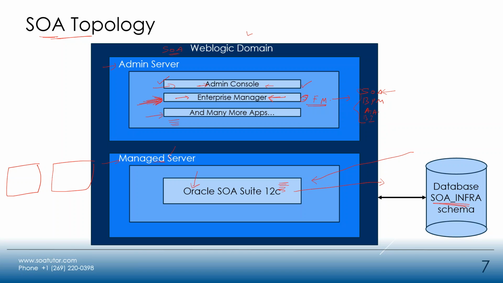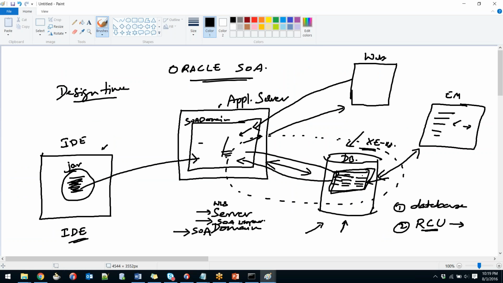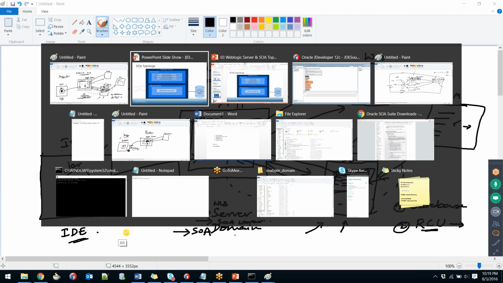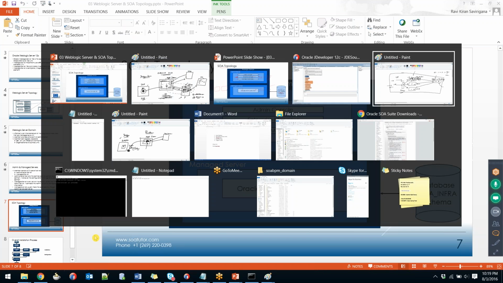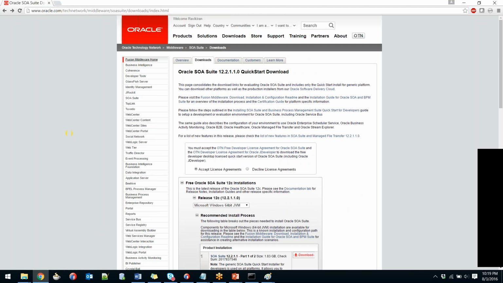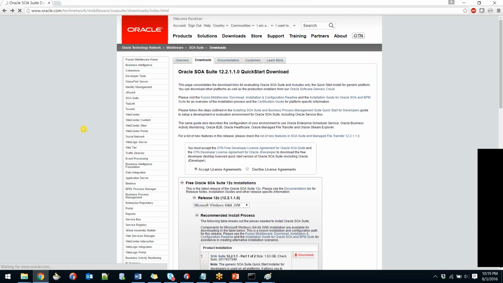Okay, so now we have gone through all the details required for installing. Let's see step by step what all is required. We have initially identified that we need a database, RCU, WebLogic, SOA libraries, SOA domain, and then an IDE, right? So let's see where those are in Oracle, where to download, and how to set up. Just go to oracle.com. If I hover on downloads and then Oracle SOA Suite,